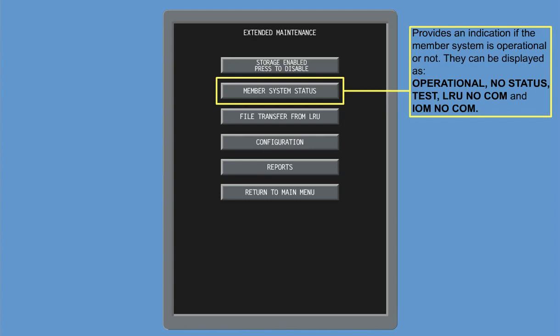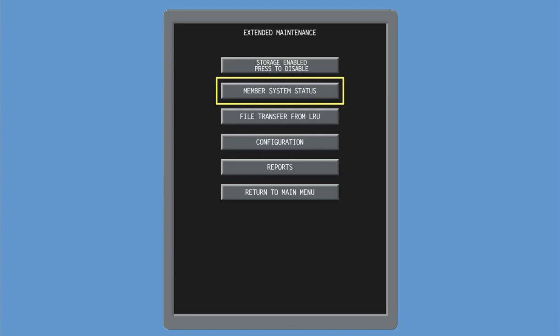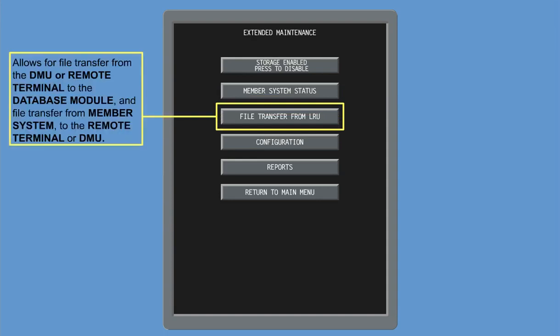Member systems are listed in ATA order, and the status for each can be displayed as operational, no status, test, LRU no com, and IOM no com. File transfer. Allows for file transfer from the DMU or remote terminal to the database module, for example, the operational processor module software, and file transfer from member system to the remote terminal or DMU, for example, member system non-volatile